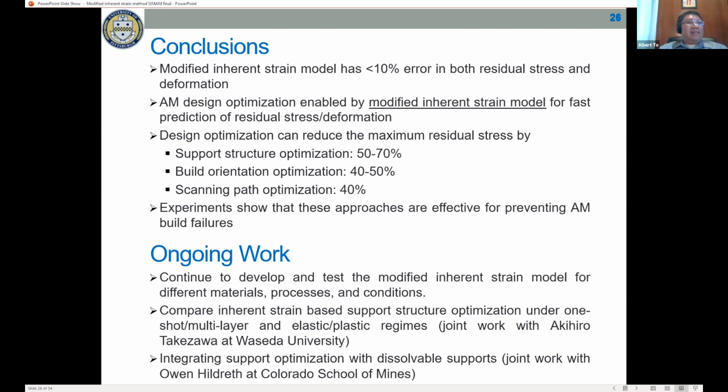Yeah, so I think we did enough validation from experiment to show that the stress we're getting from this model that we're proposing is correct. And if that's the case, then I don't see why we cannot apply that to predict cracking, because if what we are calculating is accurate, then